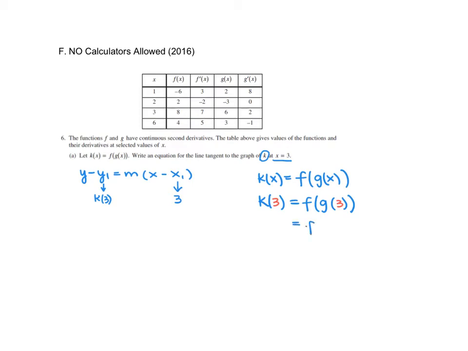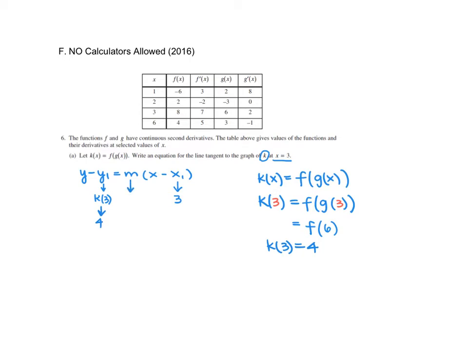So we have f of 6. And when x is 6, the f value is 4. So k of 3 is equal to 4. So that is 4. So now we just need to figure out what is the slope of the tangent line,